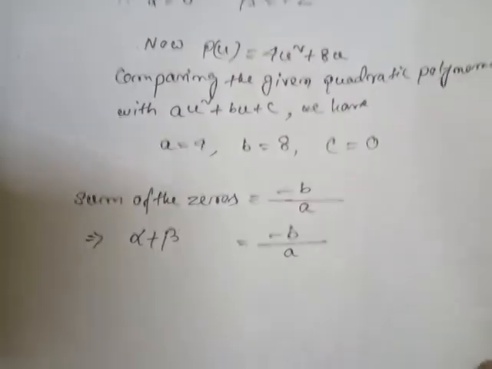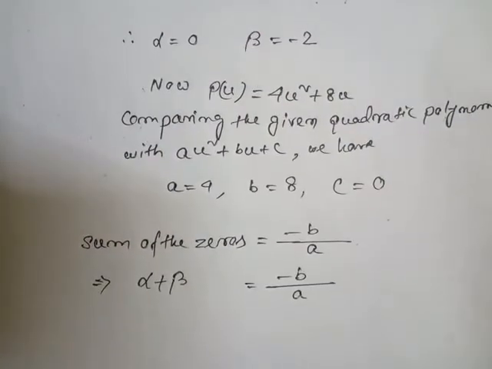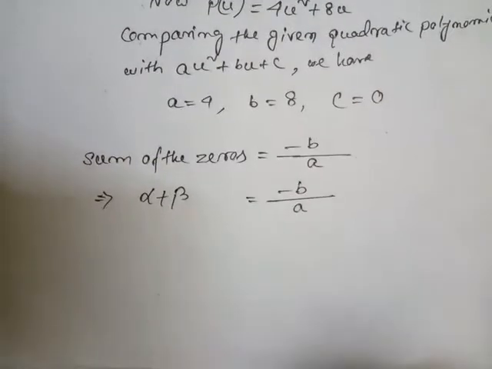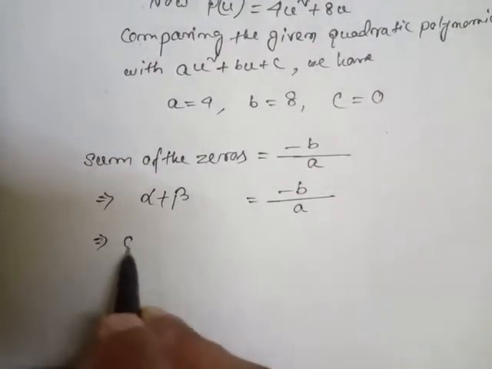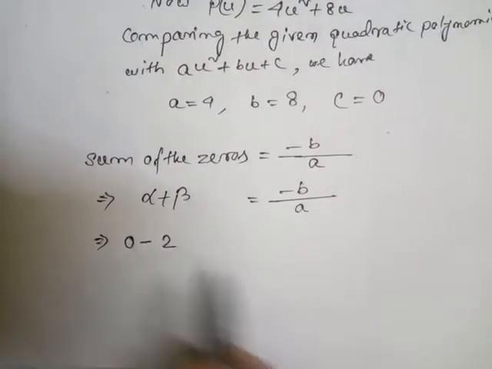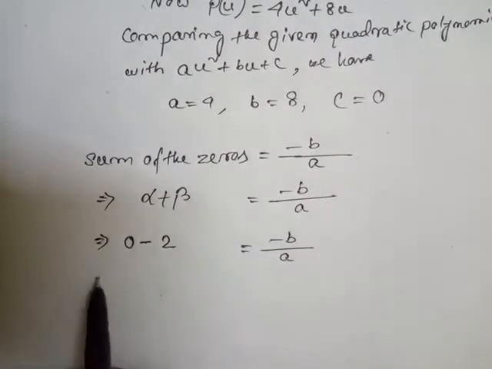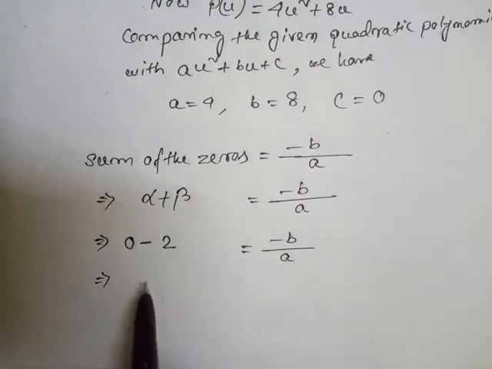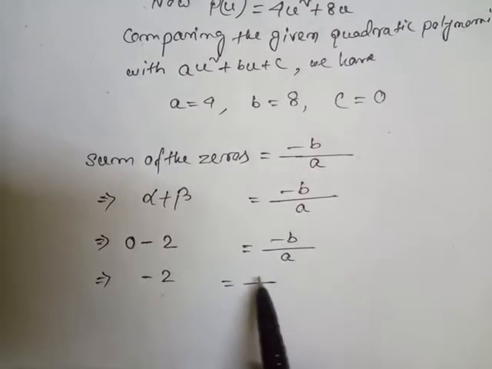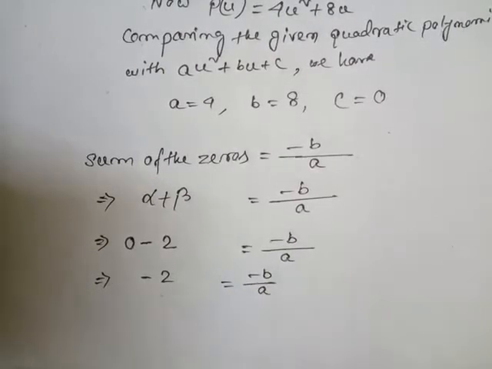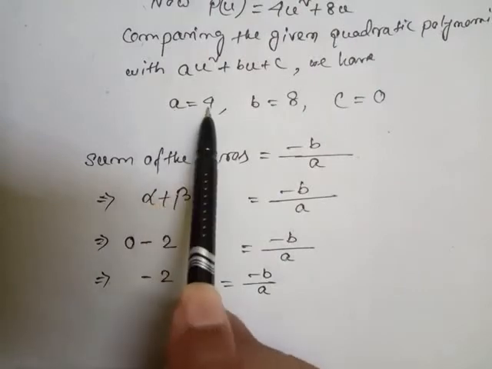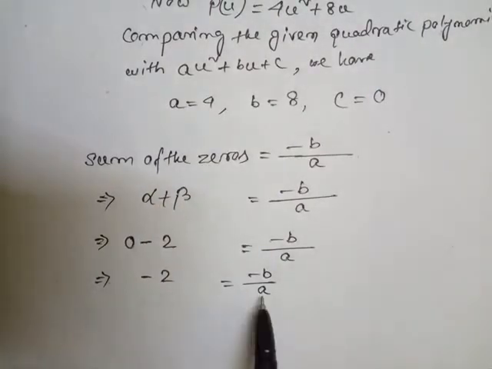The value of alpha is 0 and beta is minus 2, so we'll write here alpha is 0 and beta is minus 2. Then here is also minus b by a. Now in the next step we can write that minus 2 equals minus b by a. But look here, what is the value of a here? 4,